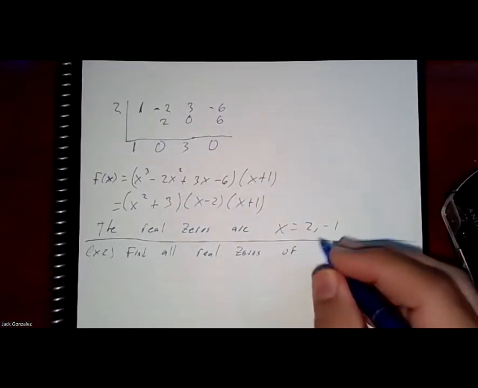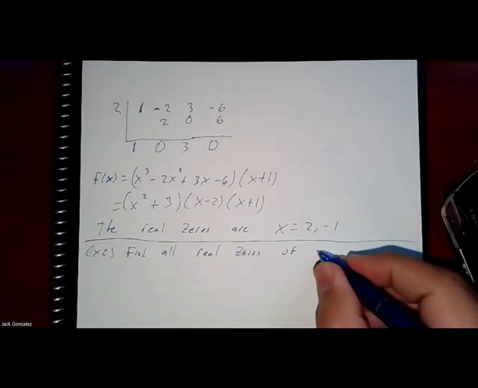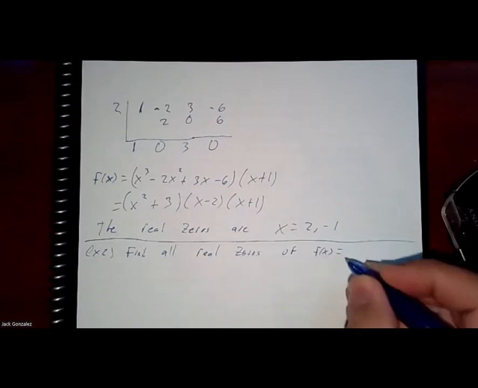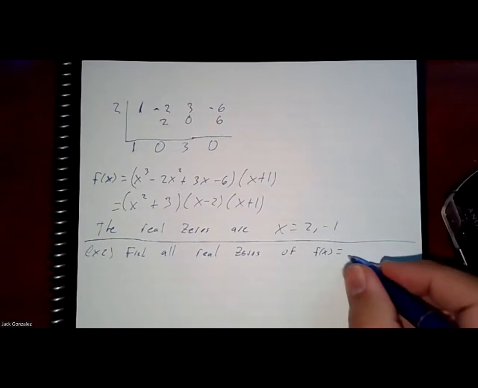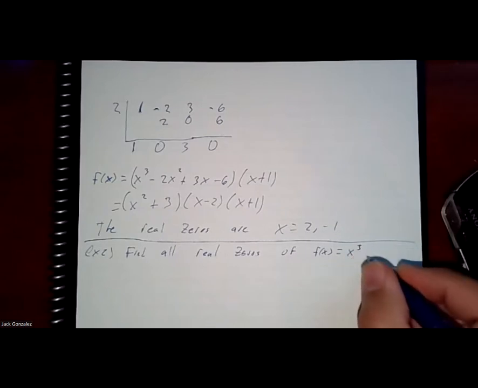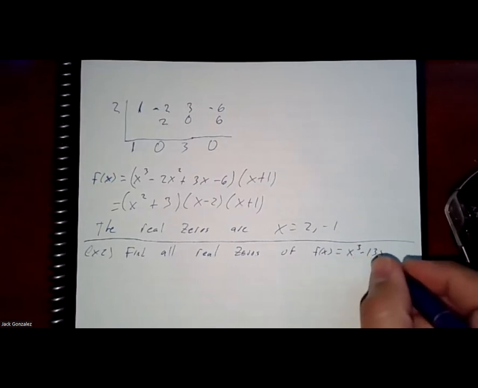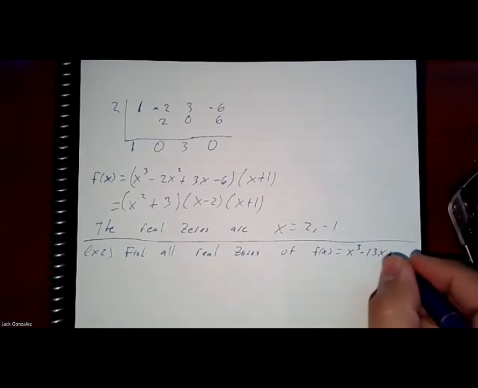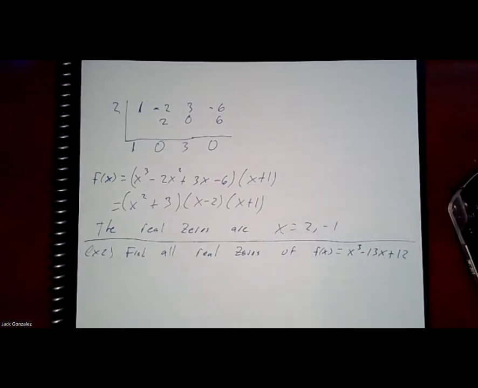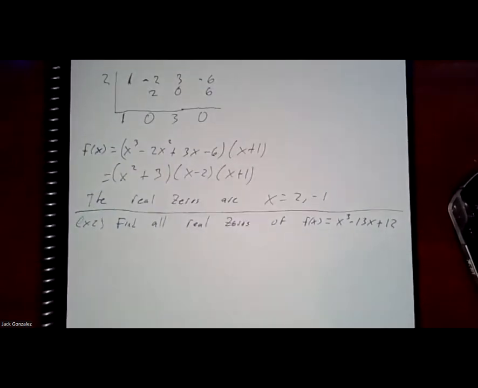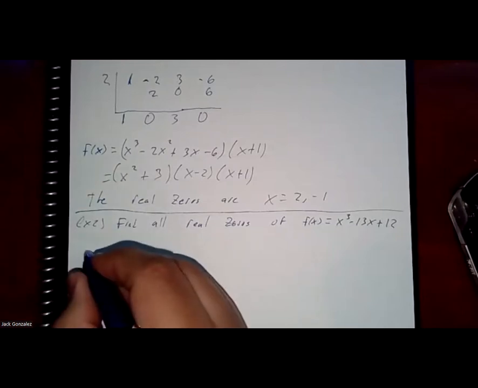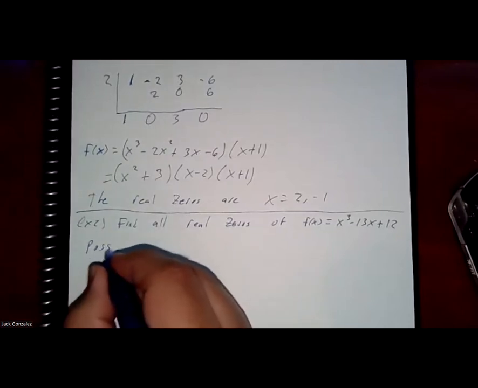Find all real zeros of x cubed minus 13x plus 12. Okay. So first thing we should do is find the possible